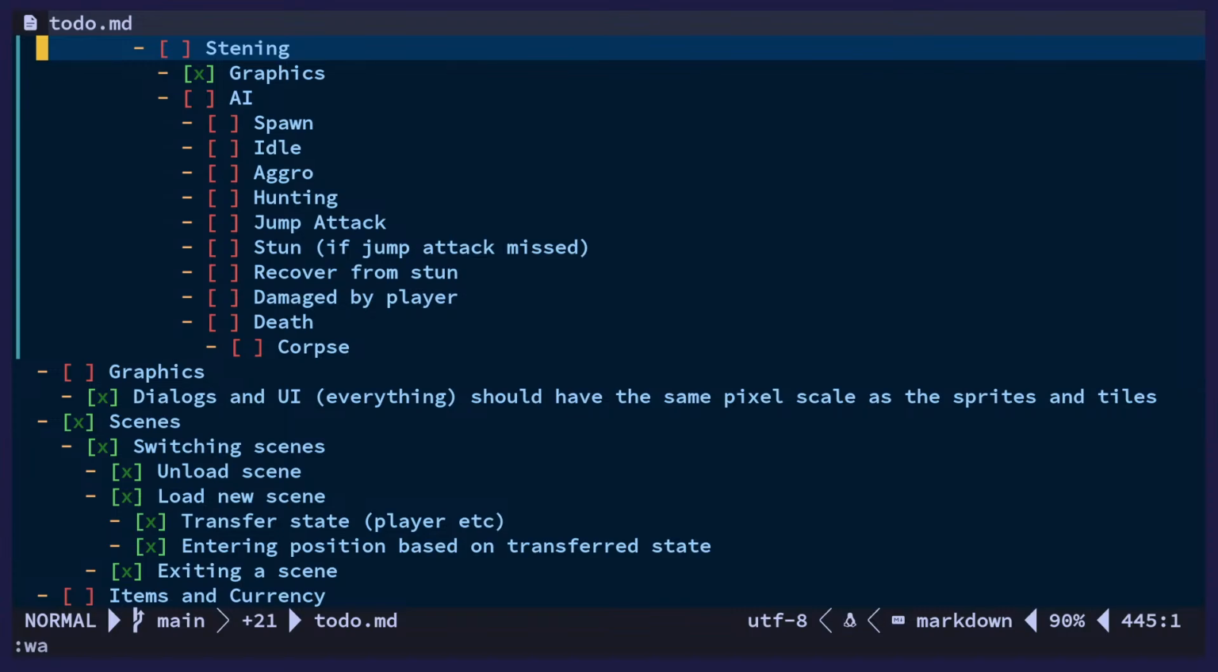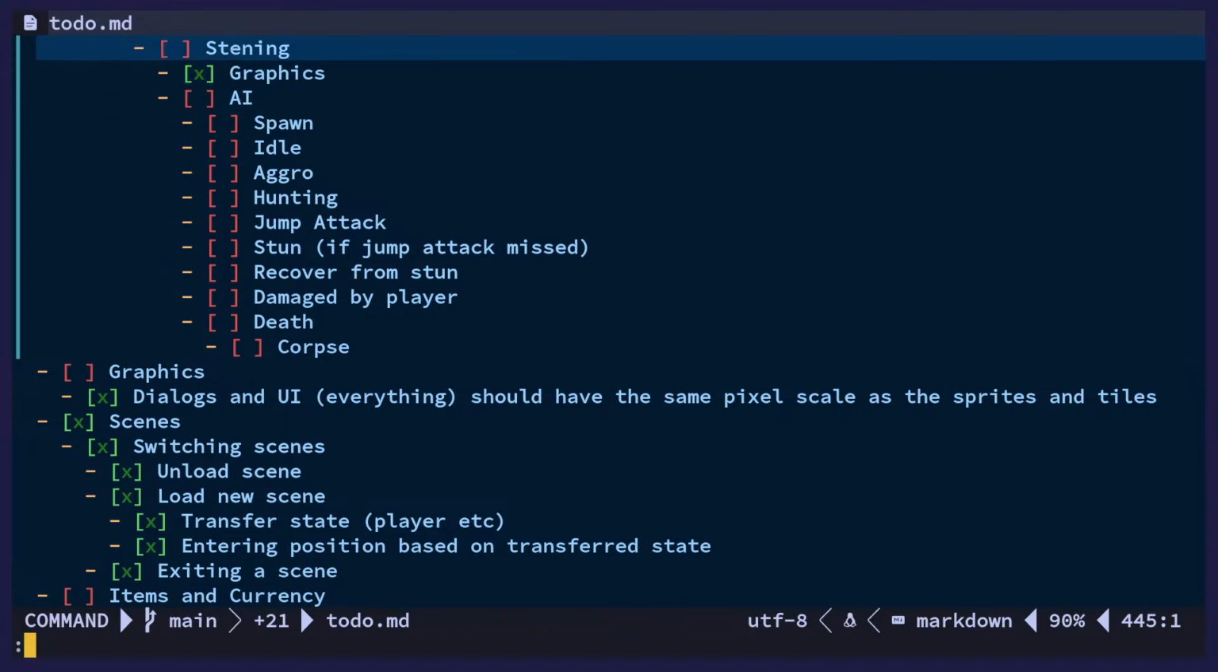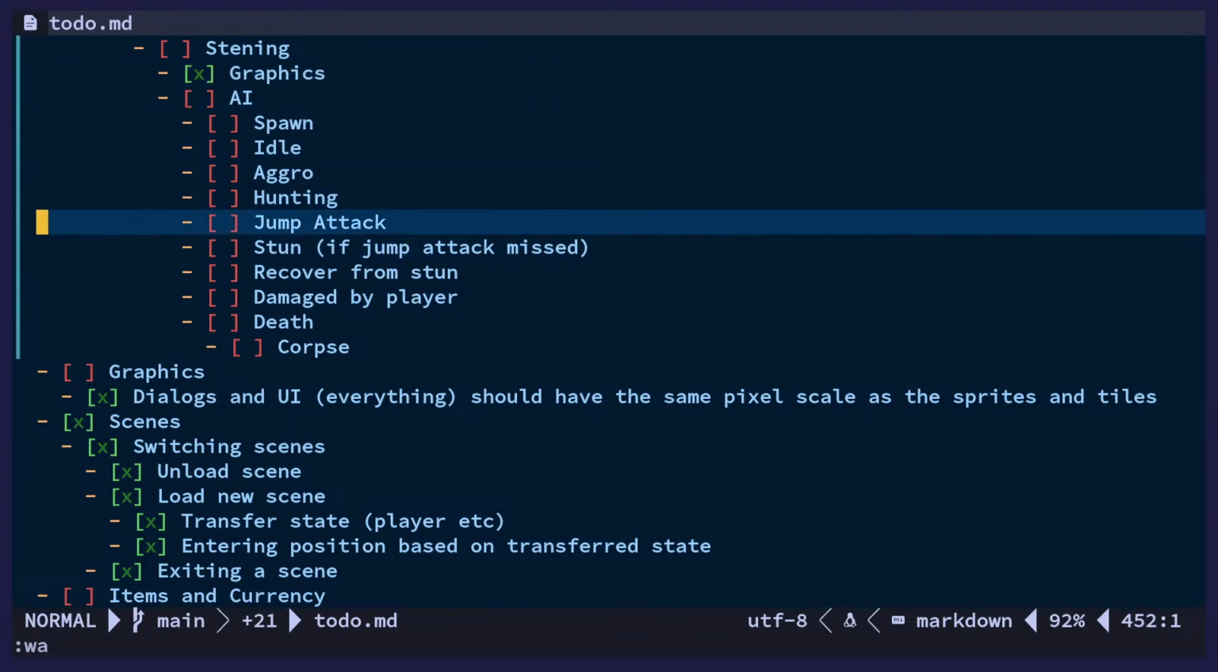There we go. Okay. Alright, so we have another monster which is going to be a bit more involved or complex. It's not really that complex, it's basically the same thing, but it's going to have an attack as well. So it's going to have a stun attack, or I mean a jumping attack, and